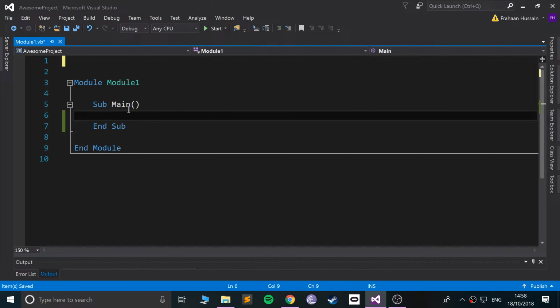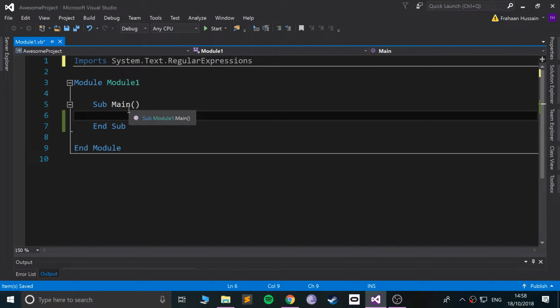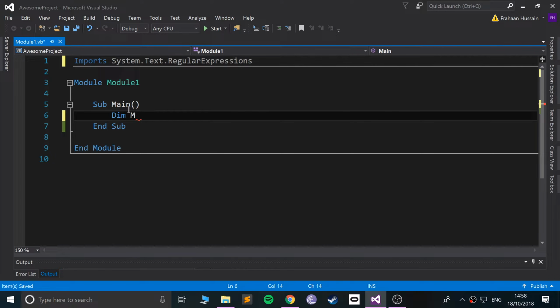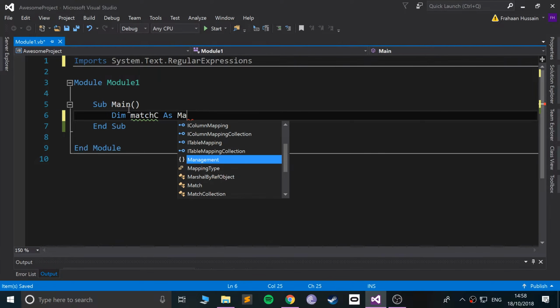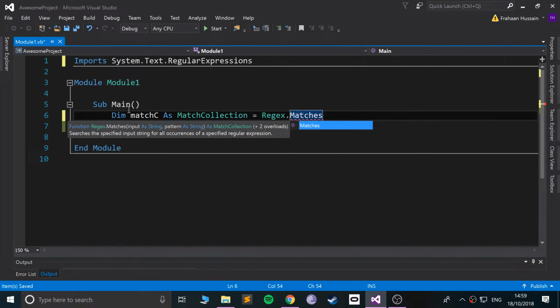Okay, so to work with regular expressions, we need to import the System.Text.RegularExpressions module, and this just allows us to use a whole heap of functionality that Visual Basic has built in around regular expressions. First of all, we're going to create a variable, and I'm going to call it matchC, and the data type is going to be MatchCollection, and this is going to equal Regex.Matches, and here we put